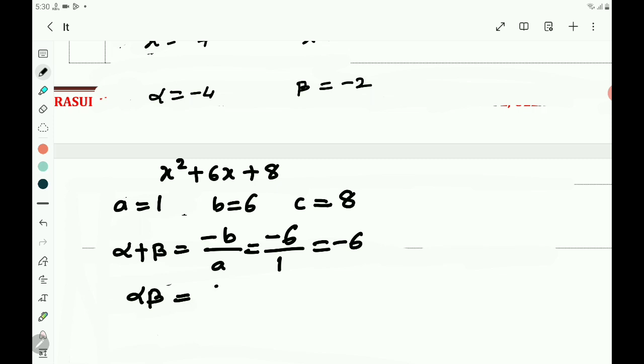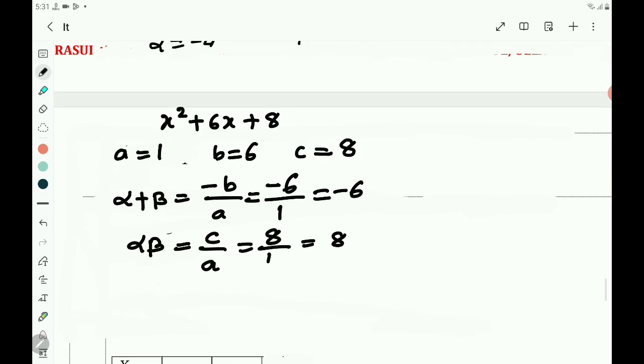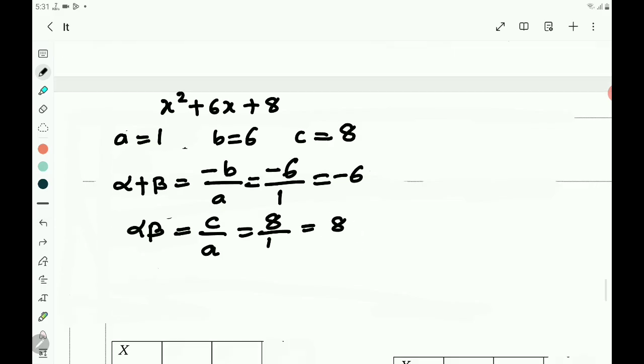Alpha beta is equal to C by A. C is 8, A is 1, so 8 by 1 equals 8. And here the given values are also alpha plus beta equals minus 6 and alpha beta equals 8. Therefore,